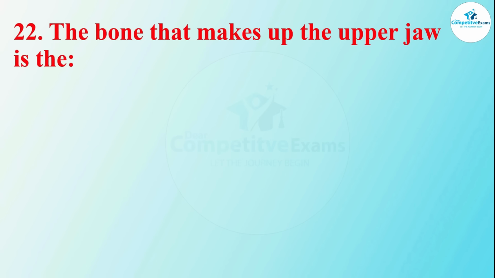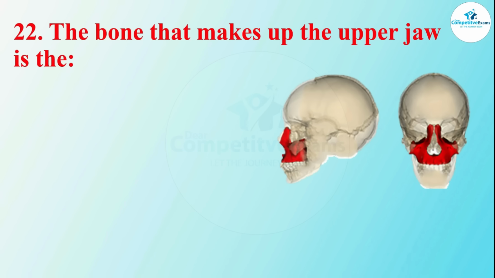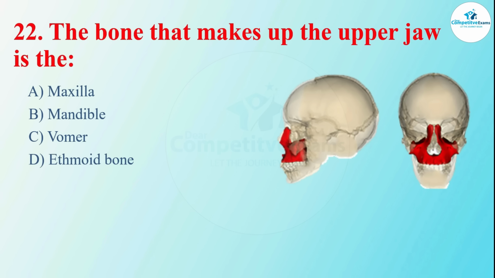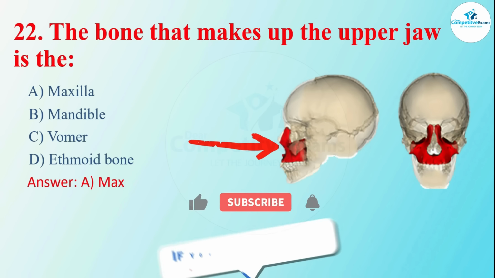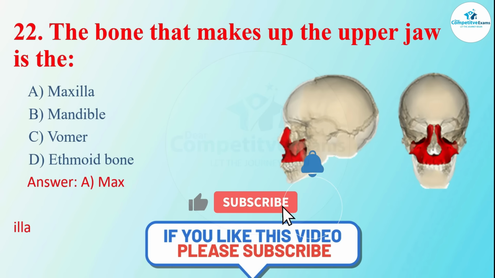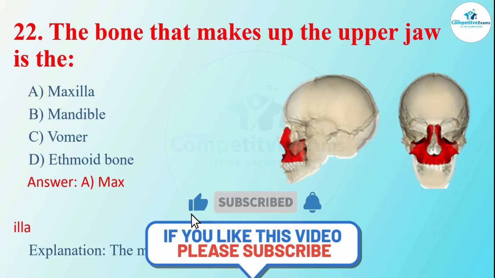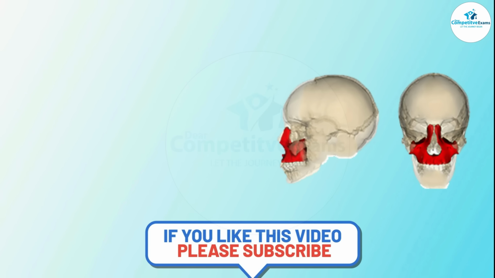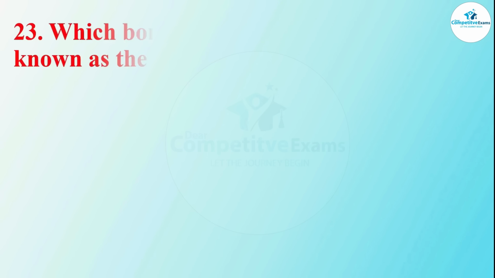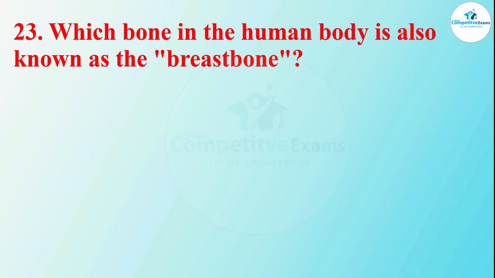The bone that makes up the upper jaw. So which bone makes up the upper jaw? The options are maxilla, mandible, vomer, ethmoid, or sphenoid bone. The answer is maxilla. Friends, the maxilla forms the upper jaw. Let's move on to question number 23, and that is, which bone in the human body is also known